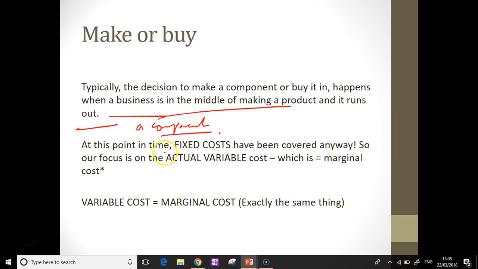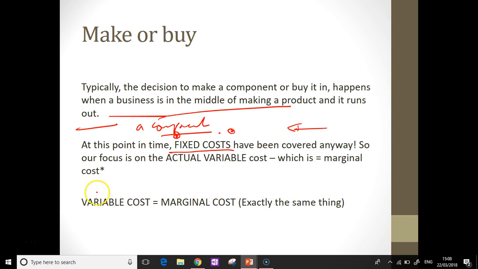At this point, we've covered our fixed costs anyway. So my argument here is that for this type of decision, do we buy in some components, we're through our year anyway, somewhere three quarters of the way through. We don't need to think about our fixed costs.